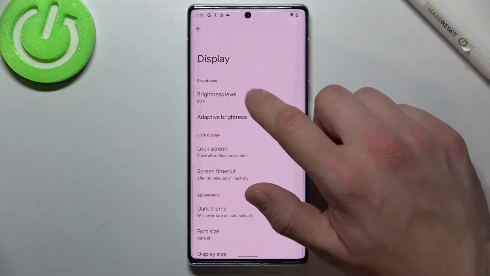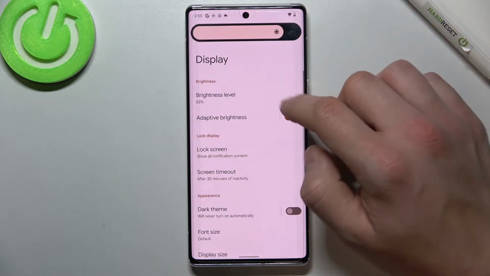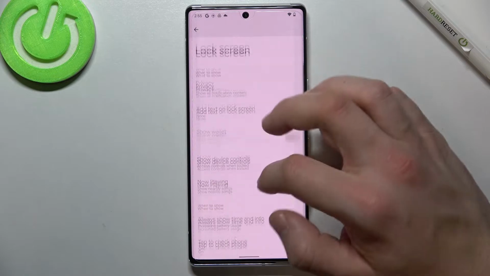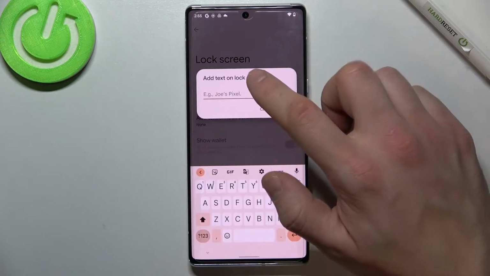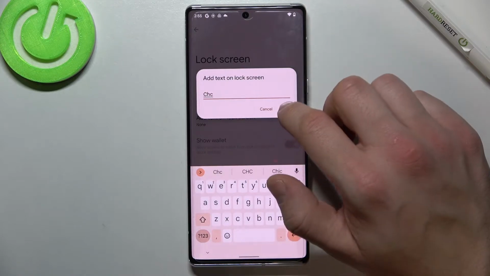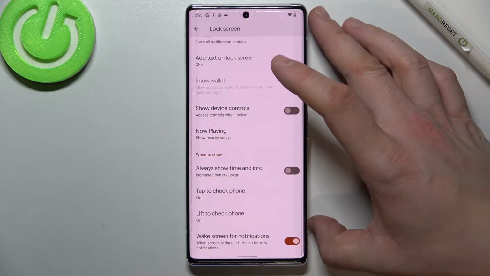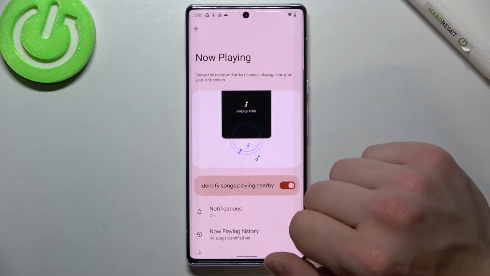Let's start from the top of the list, where we can change brightness level of display, enable or disable adaptive brightness, manage lock screen settings like privacy. We can add text on lock screen, show wallet, show device controls, enable now playing feature,